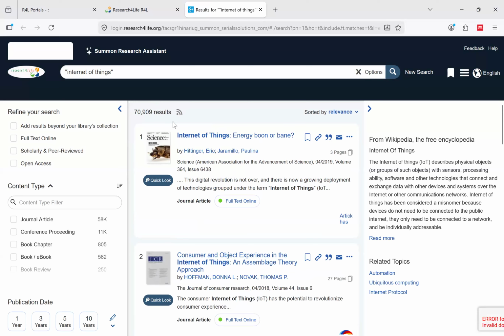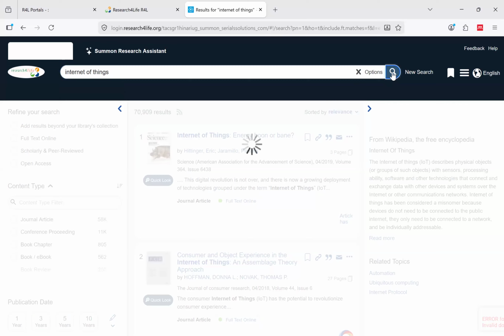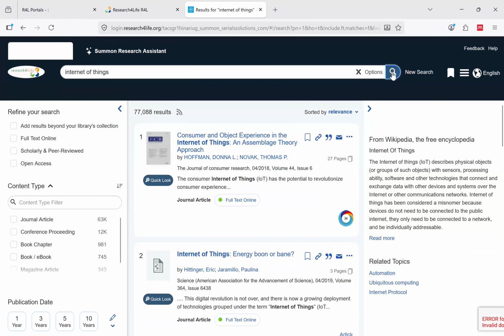Let us try to remove the double quotes, removing it from a phrase. From 70,000, does it change? Let us see. I'll search again. You see that from 70,000 I now have 77,000. So when I use the phrase search or double quotes, I'm actually limiting my search.